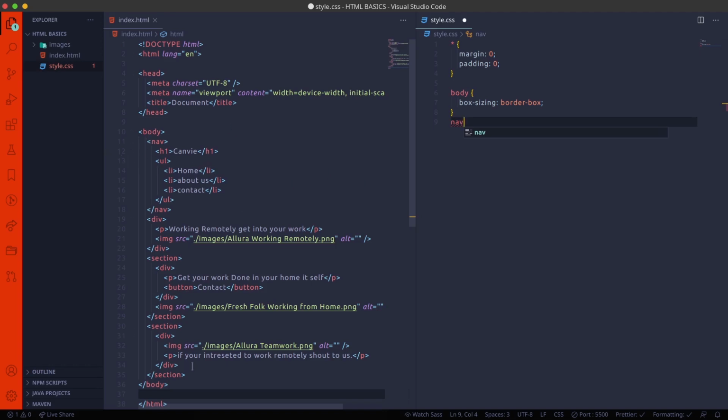Save, and now go to the nav tag. These are all tags. HTML is nothing but all about tags. When you know these fundamentals, these are the tags we basically use in every web page. If you know this, you can write any simple web page.